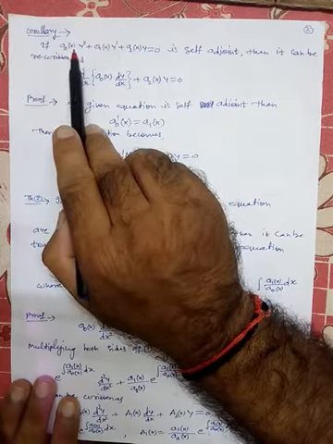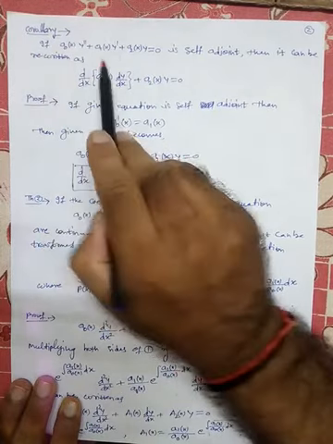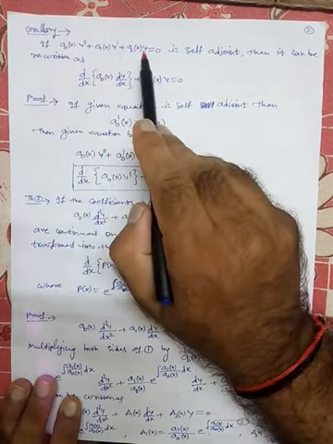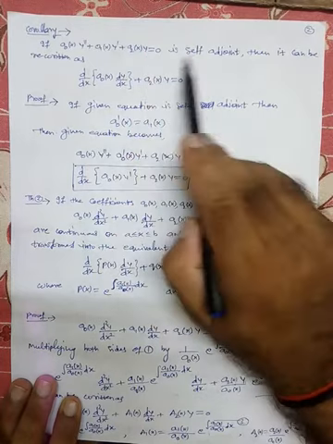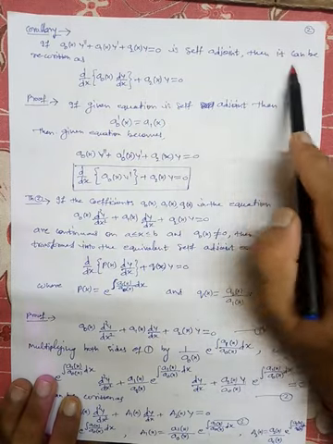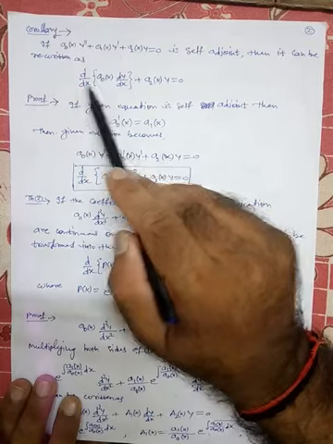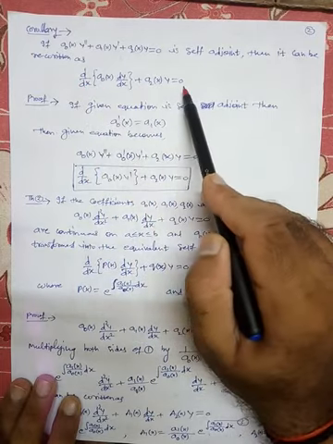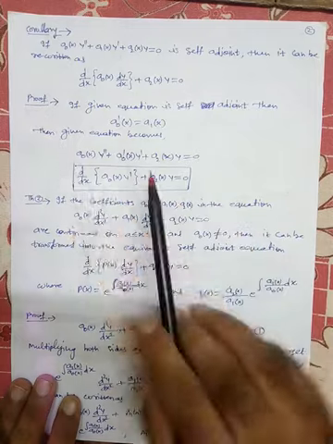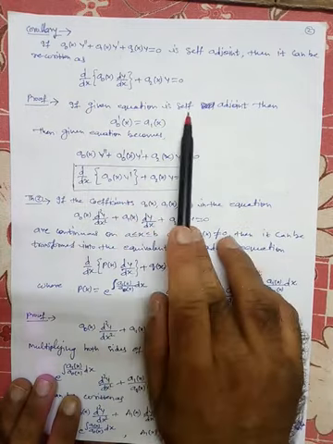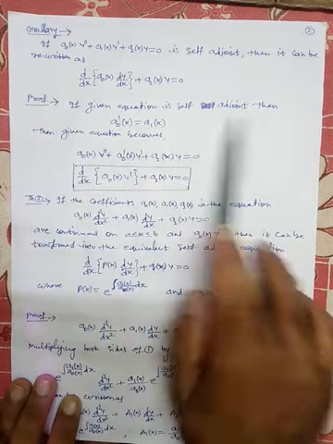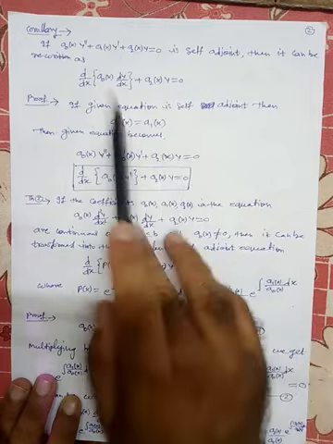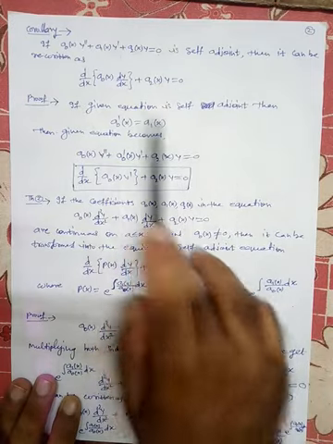If a0(x) y'' + a1(x) y' + a2(x) y = 0 is self-adjoint, then it can be rewritten as d/dx of (a0(x) dy/dx) + a2(x) y = 0. Now the proof. If the given equation is self-adjoint, then obviously, according to the previous theorem,